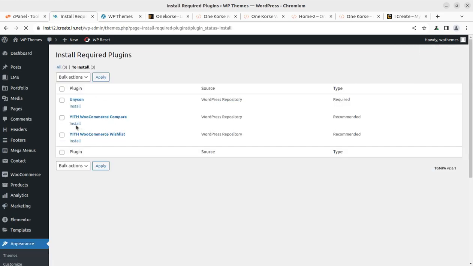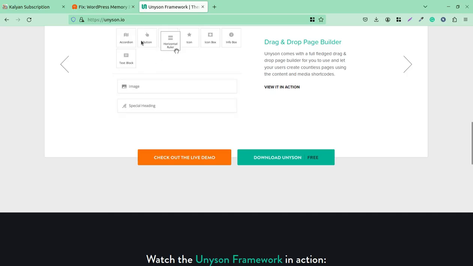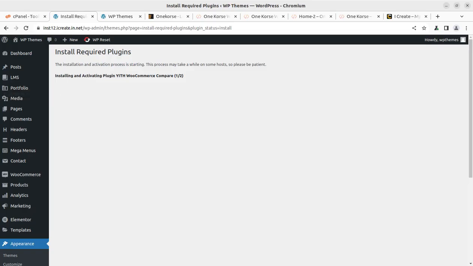And only 2 plugins are remaining. I'll try to install these 2 plugins in a single attempt. And finally, I have also downloaded Unison. You can also download it, it is a free plugin. You can download Unison at unison.io. This is the address, and you can download Unison free. Okay, so now